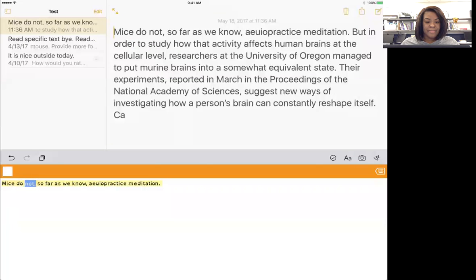Mice do not, so far as we know, practice meditation. But in order to study how that activity affects human brains at the cellular level, researchers at the University of